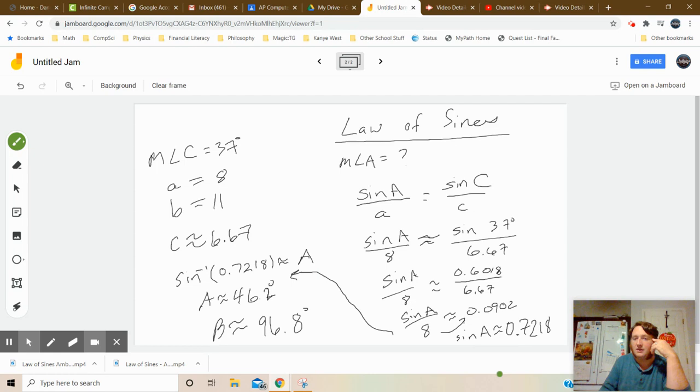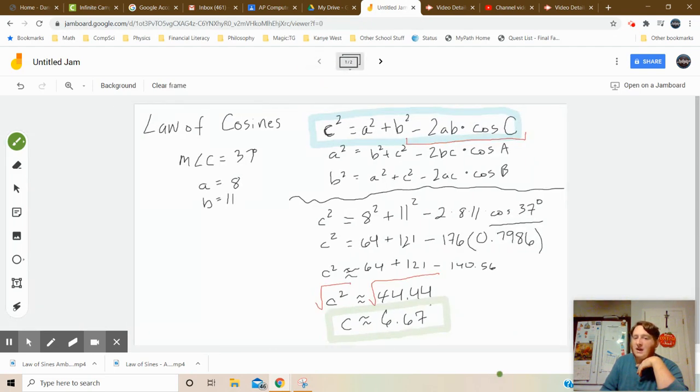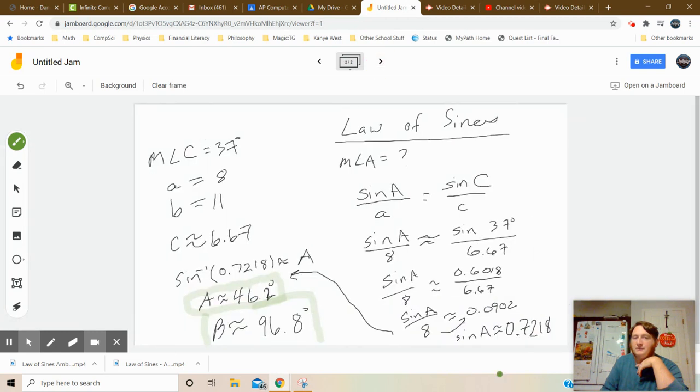And we figured out that A, with this work, was 46.2 degrees, and that got us that B would have to be 96.8. And at that point, we were given angle C, we figured out angles A and B, we were given side lengths A and B, and we figured out, using law of cosines, side length C. So there's an example, or another example, because there are several in MyLabs Plus of law of cosines, and we'll probably also do